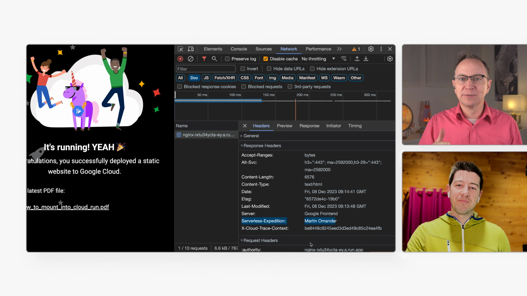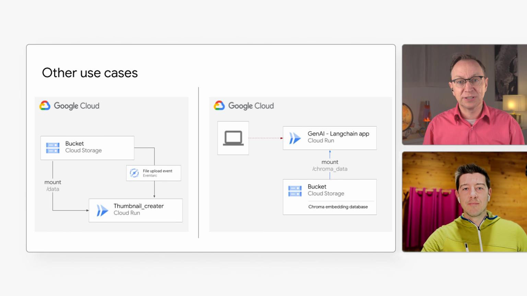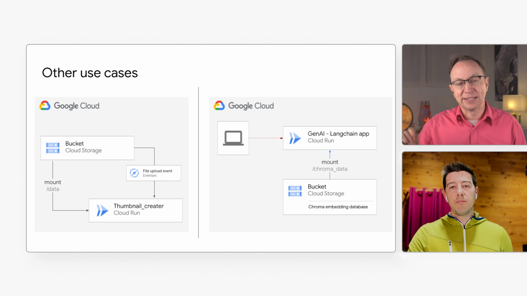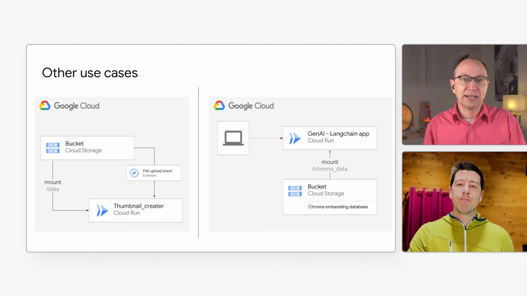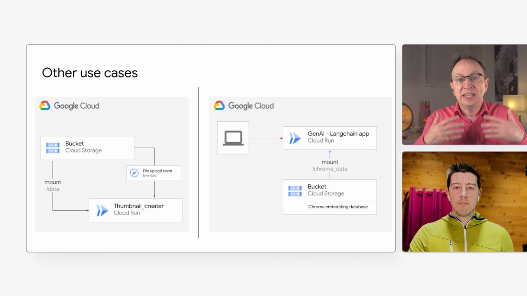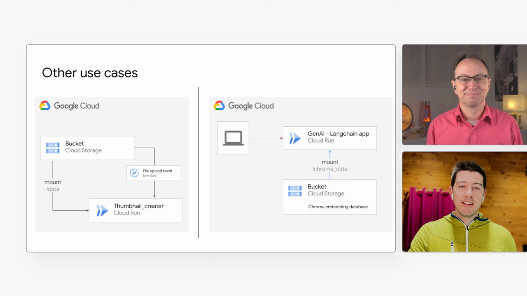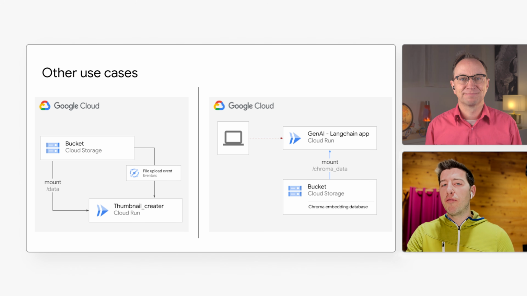But I can see how this would be useful when you want to set cache headers, for example. So mounting a file system like this is handy. I can see myself using it for other things as well. For example, in an event-driven function, one function that listens for file upload events, those functions could read the file directly from the file system. Or in my Gen AI app on Cloud Run using LangChain, it could load a Chroma embedding database from a cloud storage bucket using just a regular file system read. Yes, this feature makes Cloud Run a lot more flexible.